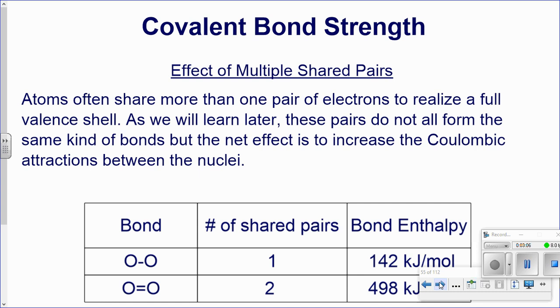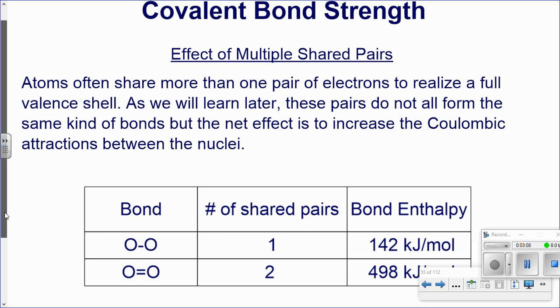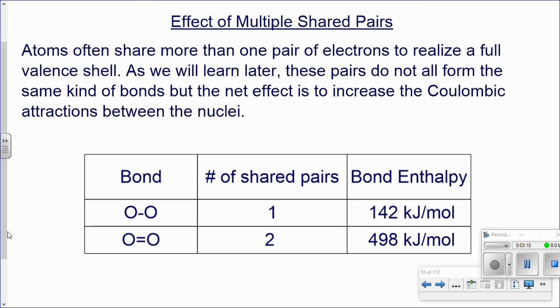Now, strength. Notice strength also goes with the type of bond we have. I'm not talking about just covalent bonds versus ionic bonds. I'm talking about multiple bonds. So the effect of multiple shared pairs: we only have a single bond here, and we have a double bond here. With the shared pairs of electrons, single bond, double bond,